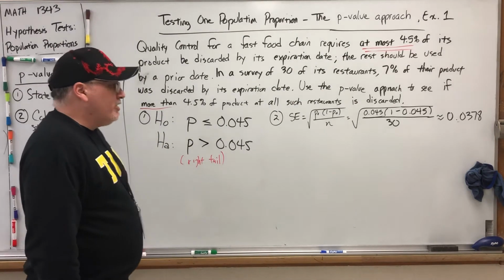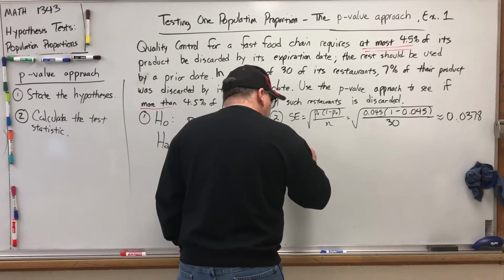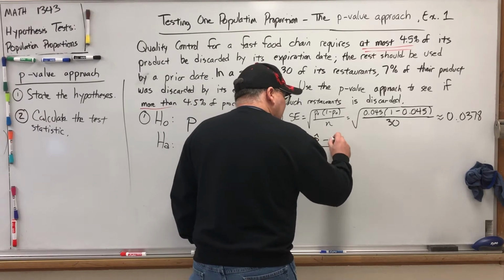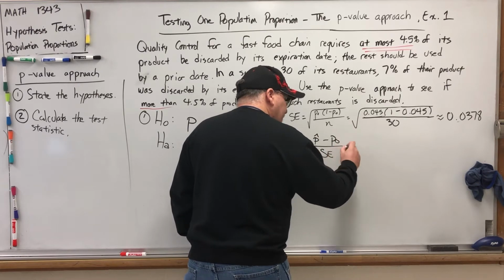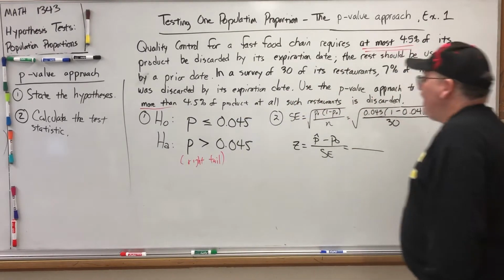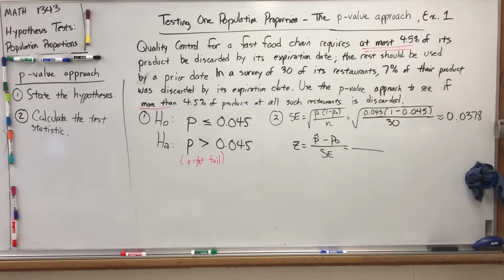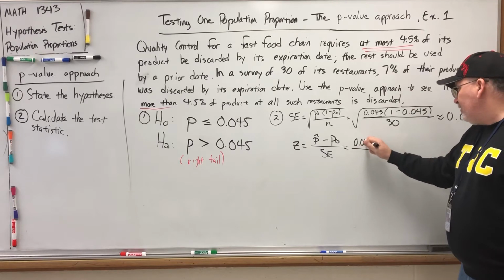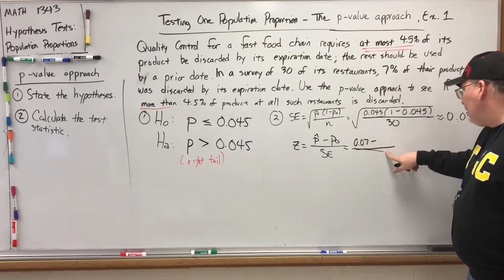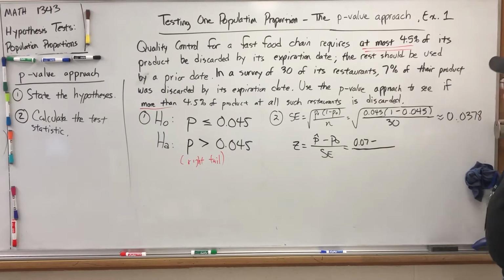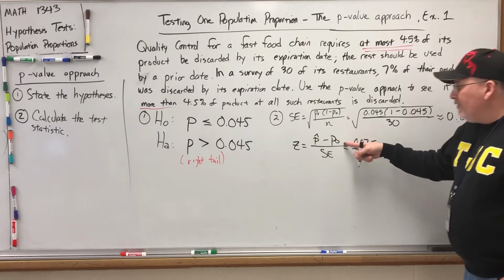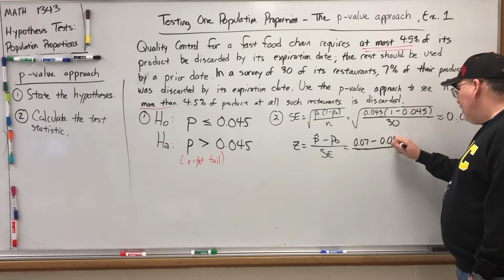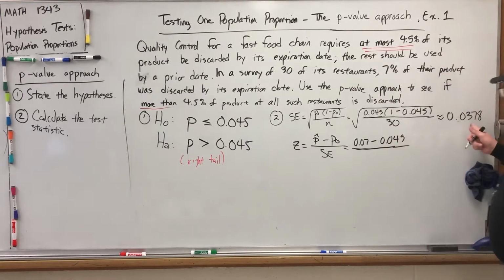All right, so there's our standard error, but that means that our test statistic is going to be z equals p hat minus p naught over the standard error. And in this one, we were given the p hat. The proportion we observed from our sample of 30 was 7%, or 0.07, minus the hypothesized value of p, so from the null hypothesis, 0.045, divided by our standard error,